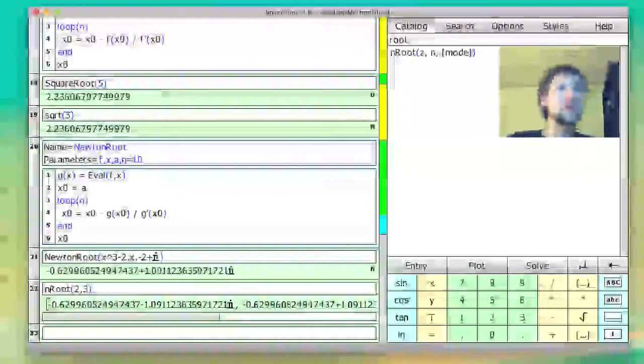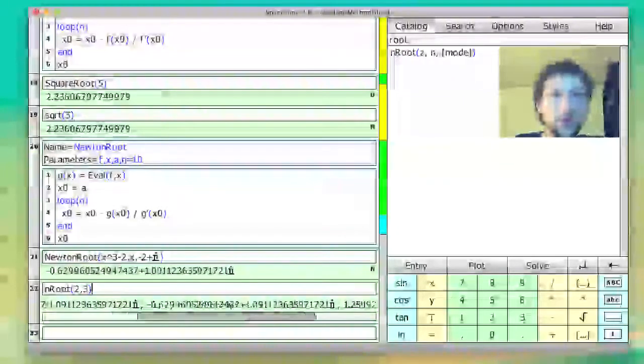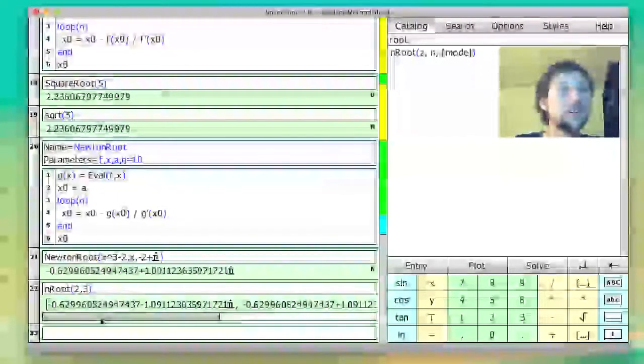Yeah, there we go. So Newton's method can be very sensitive to initial conditions. Here, when I've started in the right place, I've converged to a plus. So this middle one converged to one of the other roots. So the nroot function sort of answers the question of, well, wait a minute,